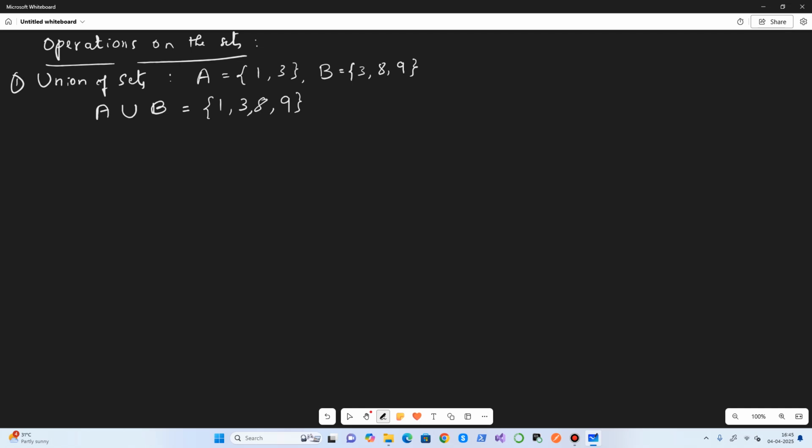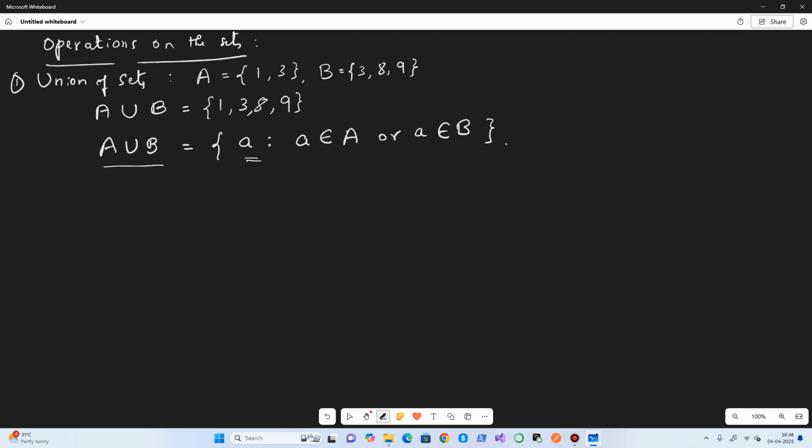Now what is the actual definition in the set builder form? A union B is defined as an element, for example small a, where a belongs to the first set A or a belongs to the second set B. So the element in the union set is either present in A or present in B or both.